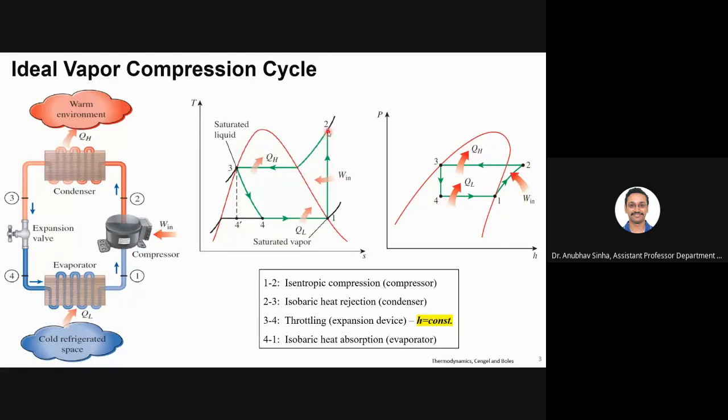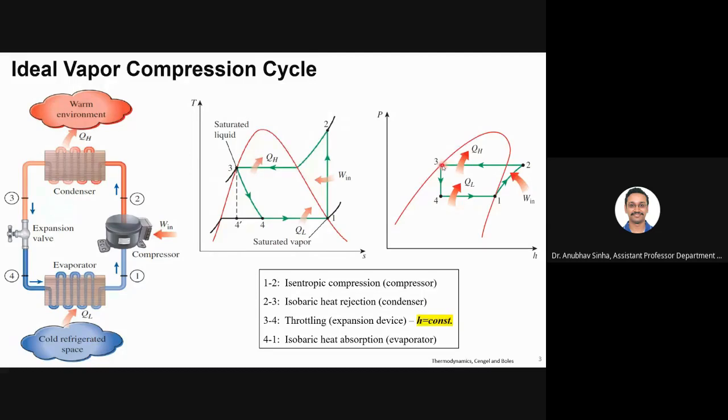You see, I mentioned that 2 to 3 is an isobar, which means that pressure is maintained constant here. Temperature is varying, but it remains constant inside the vapor dome. Because it is an isobar, it will look like a straight line here in the p-H plot. So P is maintained constant from 2 to 3, and in that process we are removing heat. Now we'll go from 3 to 4.